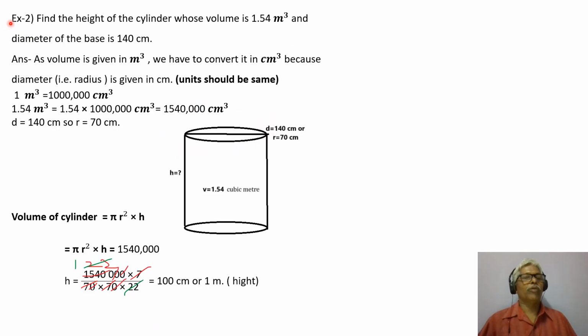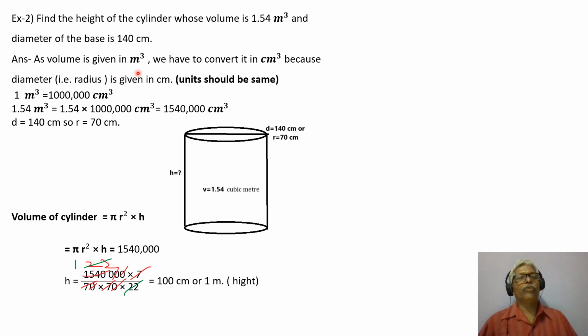Exercise number 2 or problem number 2. Find the height of the cylinder whose volume is 1.54 meter cube and diameter of the base is 140 centimeters. You may read once again till you understand this properly. Answer: